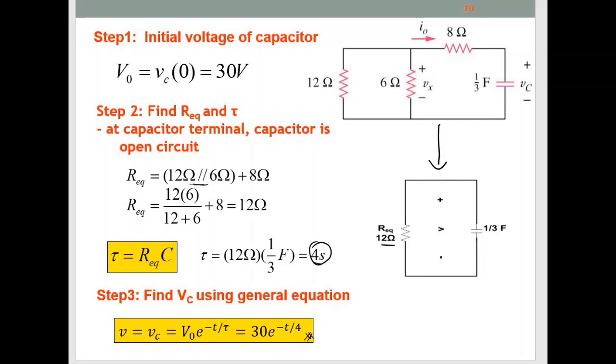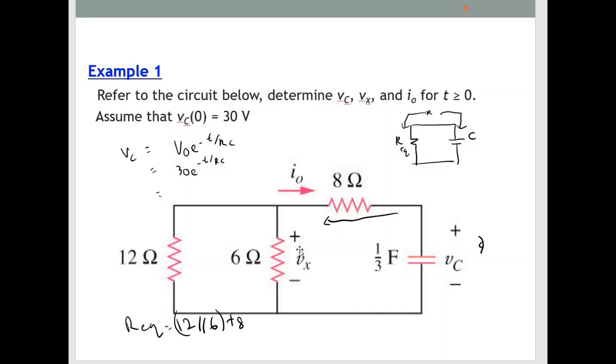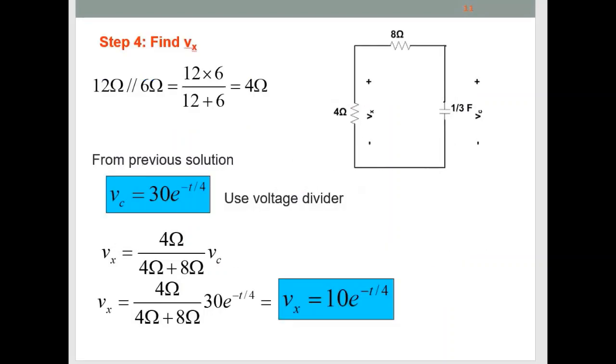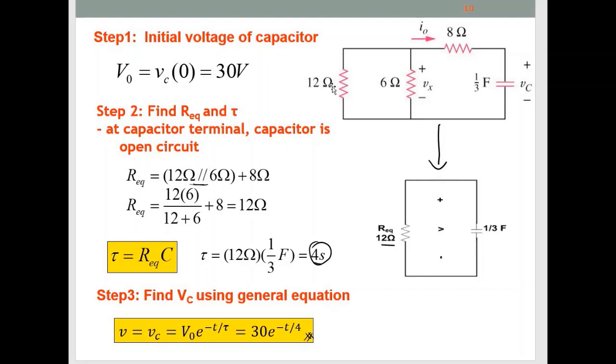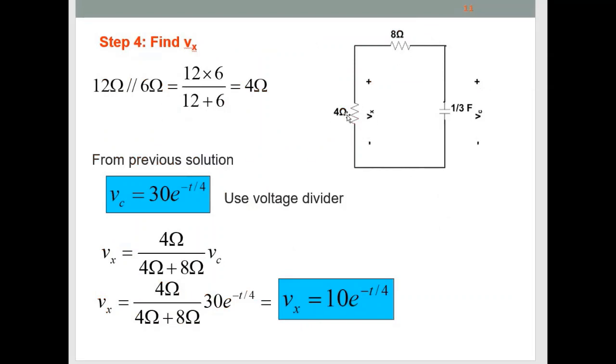Okay, next we continue with finding the Vx here. For Vx you need to use voltage divider, but first, before applying voltage divider, put the 12 in parallel with the 6. Parallel 12 with the 6, you will get 4 ohm. This is the calculation of parallel 12 and 6. We are interested to find here